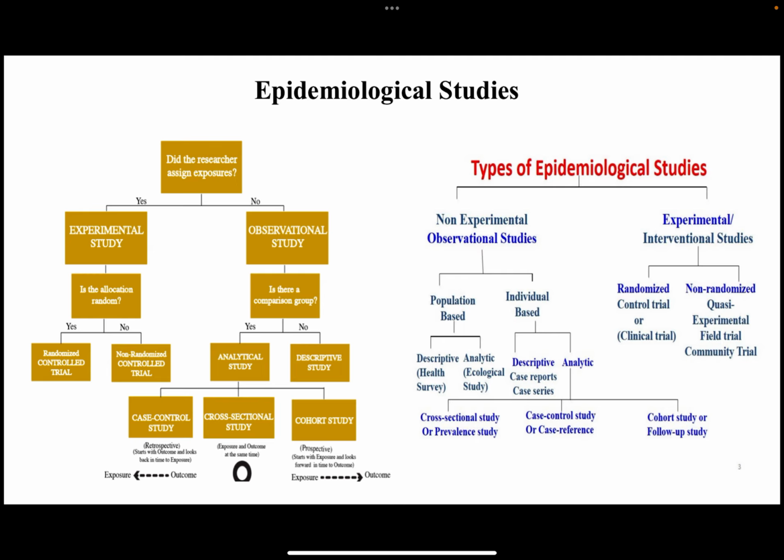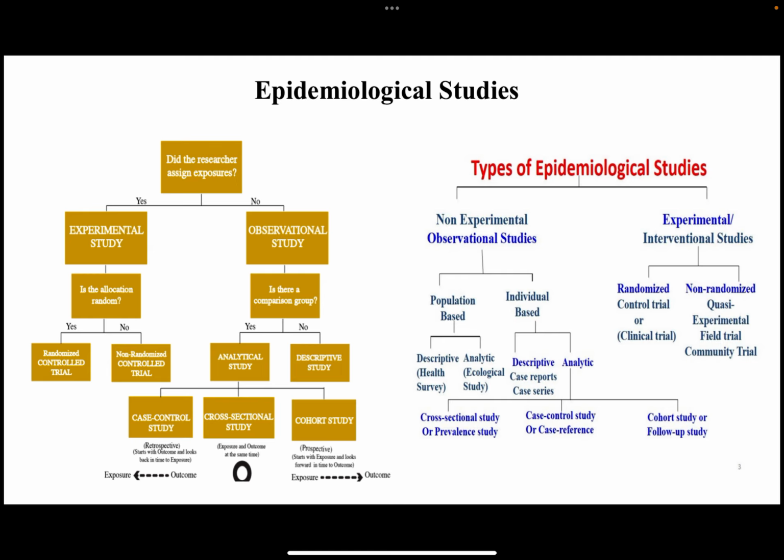So in summary, we have two main types of epidemiological studies: experimental or interventional, and non-experimental or observational studies. Under experimental or interventional, we have the randomized control trial and non-randomized control trial. Now, randomized control trial, what does it mean? In experimental studies, the researcher or the investigator assigns exposures. Two groups are created. Now, in the creation of the two groups, that is what brings about the subtypes of